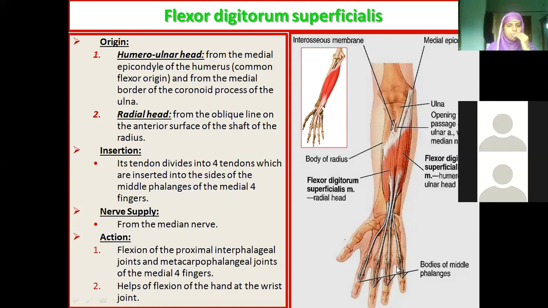1, 2, 3, 4. Okay, this is also which nerve? I only told two exceptions. I'll ask you at the end. This is also universal. If you forget everything, for the flexor compartment, the one nerve you remember is the median nerve.